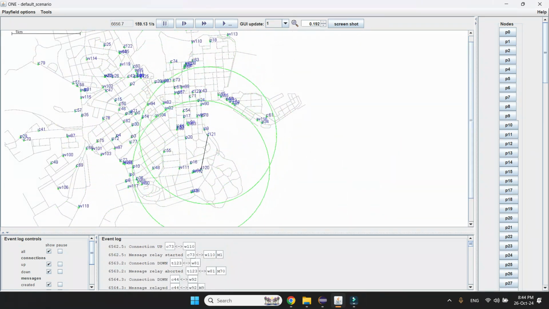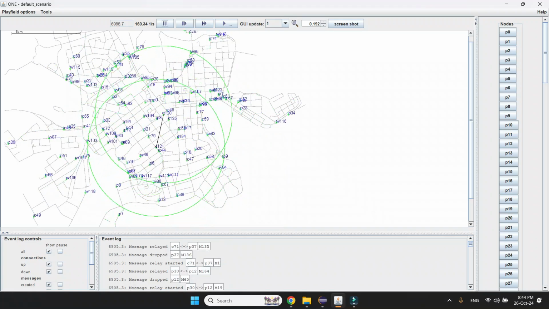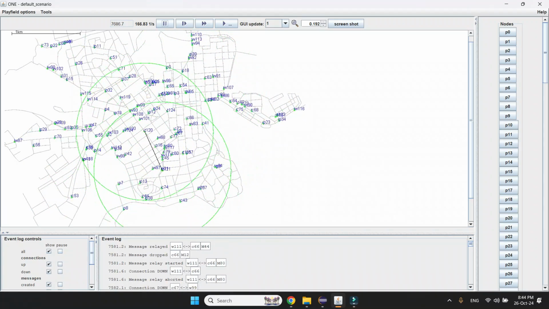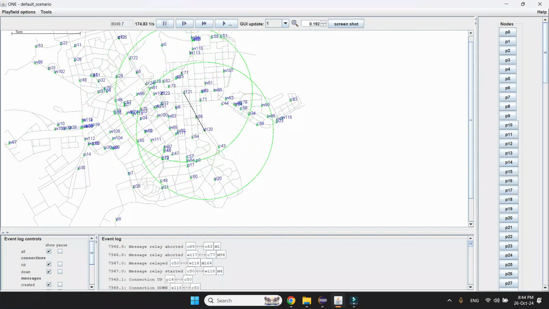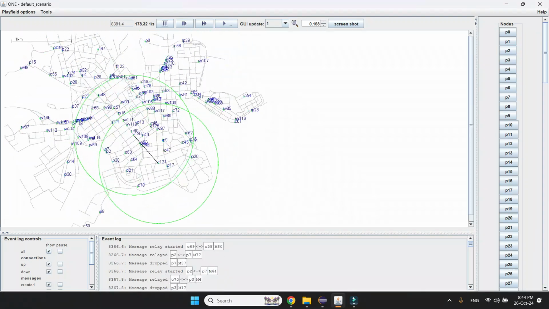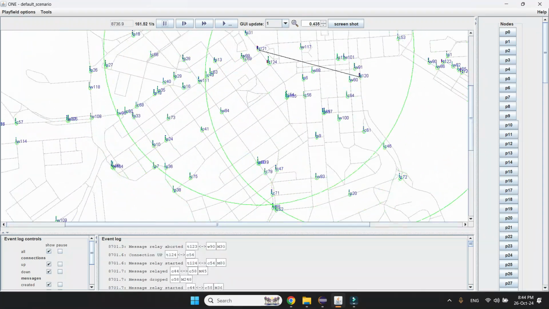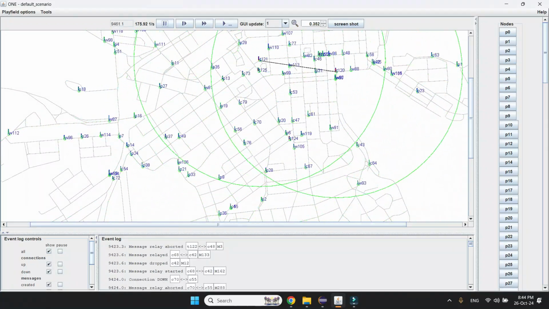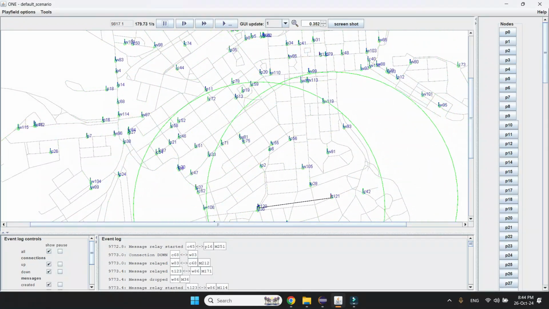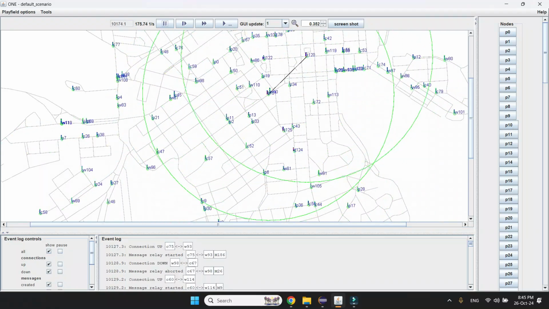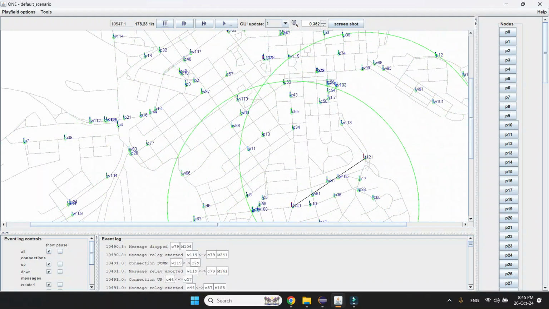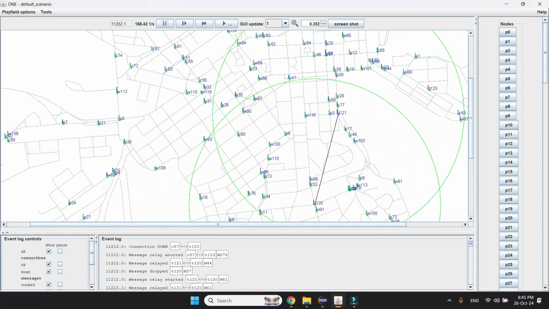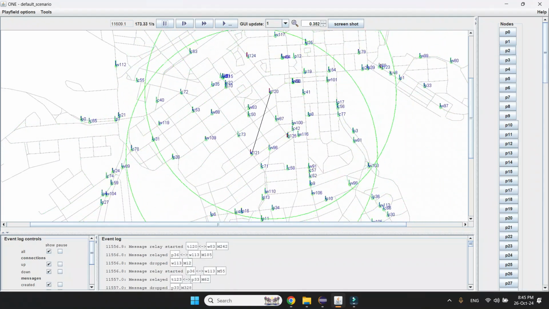So this represents the long distance communication, or we can say Wi-Fi communication, and these smaller circles represent the Bluetooth communication. So this is the simulator, and we can see this event log showing what is actually happening. Connection is up between nodes and connection is down, message relaying. So every process is being shown in this event log,